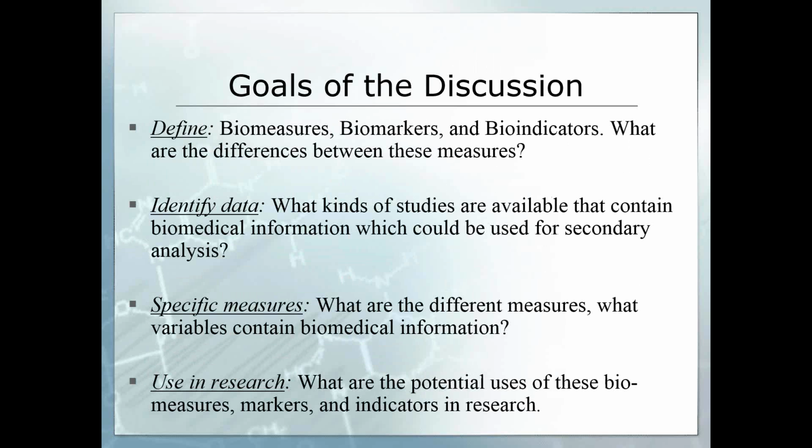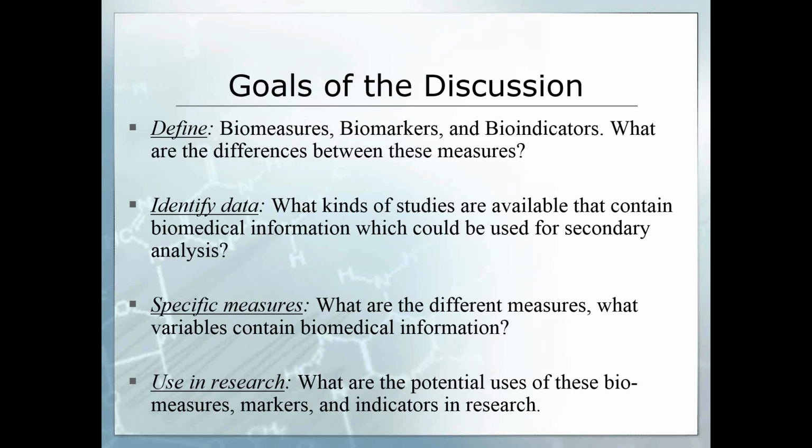The goals are fairly straightforward here. We want to define the way we see biomeasures, biomarkers, and bioindicators. What are the differences between these measures? And this, to some respect, is an internal ICPSR discussion. I've talked with biomedical researchers who have different perspectives on how these definitions should go, and this is a very healthy dialogue. But at the present time, this is the way we're thinking about data, and we welcome, again, input